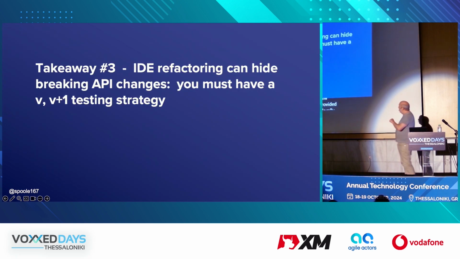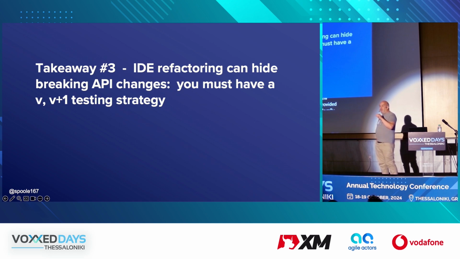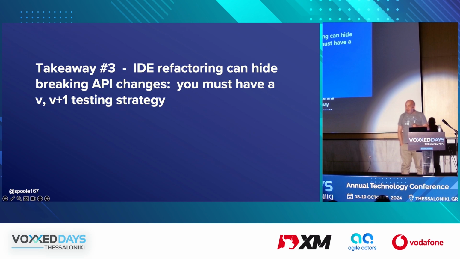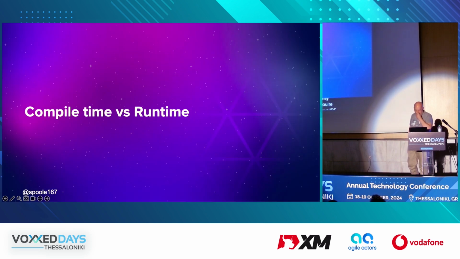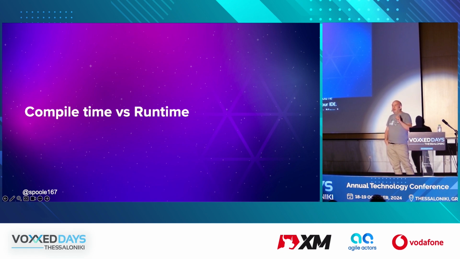If you don't do this, if you don't have a version-to-version testing strategy, anybody downstream of the APIs you make available, whether you're publishing them to Maven Central or using them internally, you may break inadvertently because you're inside that echo chamber of your IDE. So it's a warning. Now, I want to just talk through this just a little bit because, again, it makes a difference.